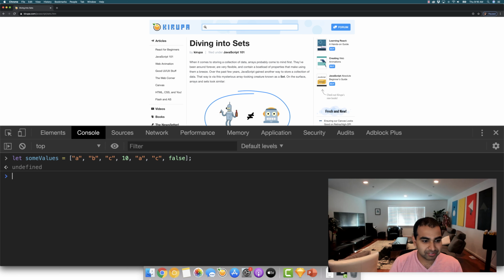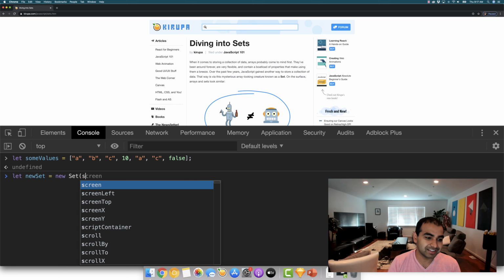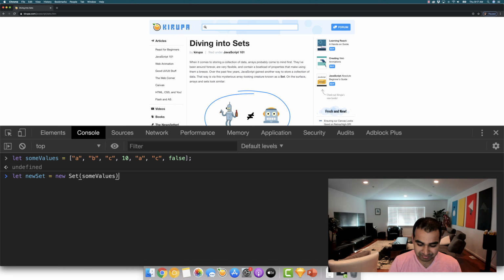So here I have an array with about 7 items in it. Now to create my set, I can do let newSet equals new Set, and instead of an empty constructor, I can pass in the values. And now I have my new set created, and if I inspect its contents,